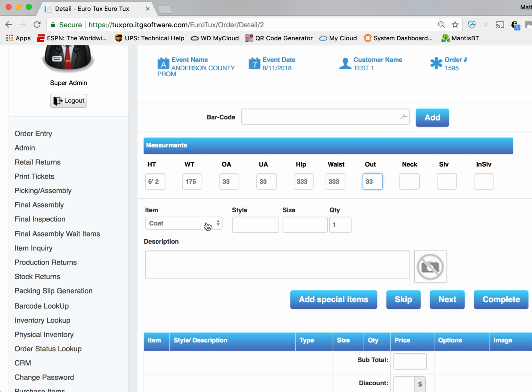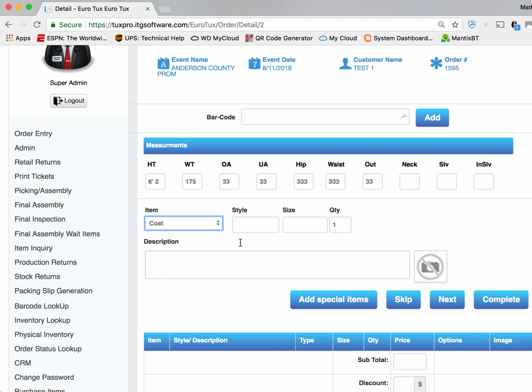And then as you scroll down, you've got the items here. It goes in logical order, starts with coat and would go right down through pants, shirt, vest, cummerbund, tie, shoes. Miscellaneous is a category that can be used for suspenders, pocket squares, anything rental,